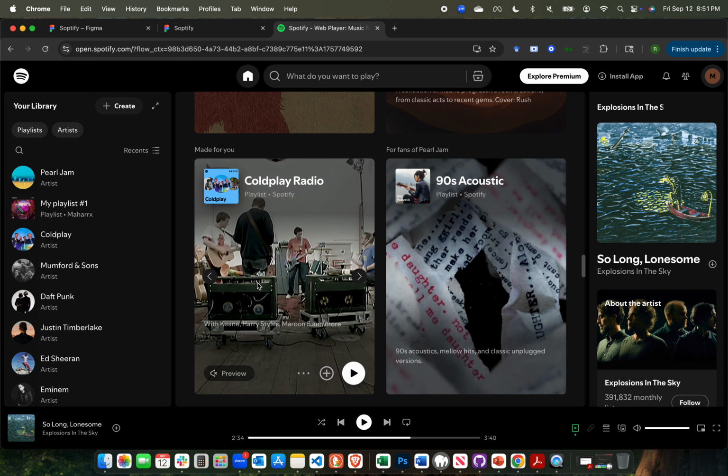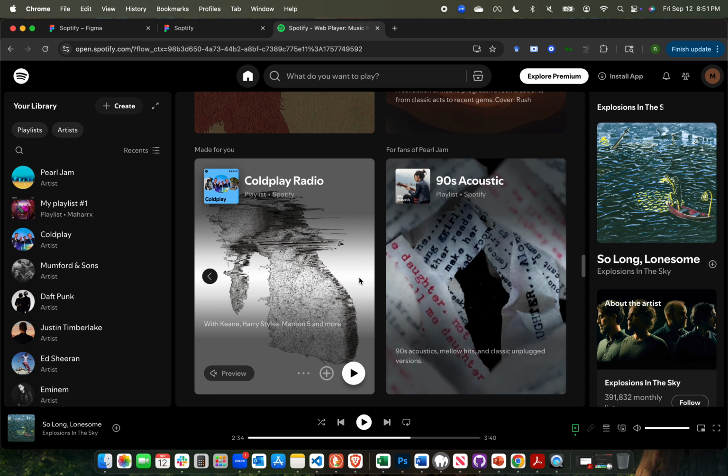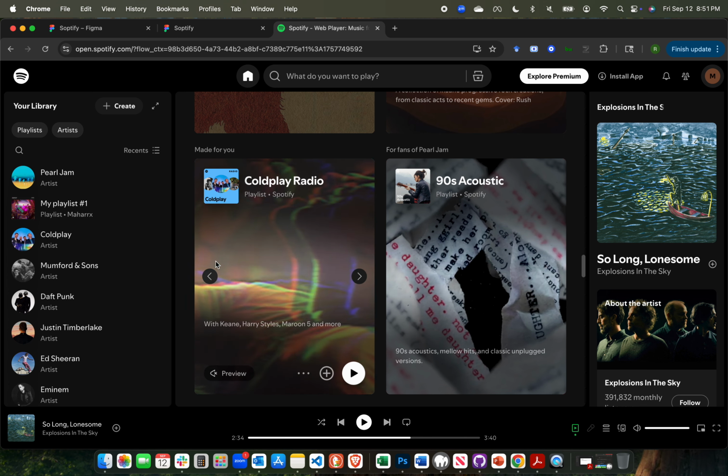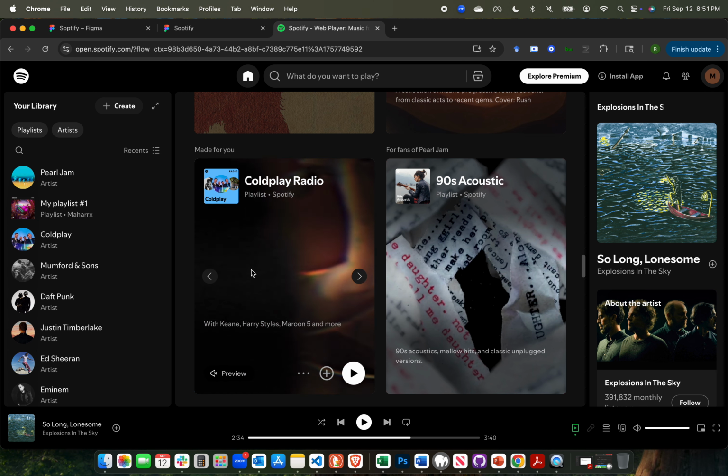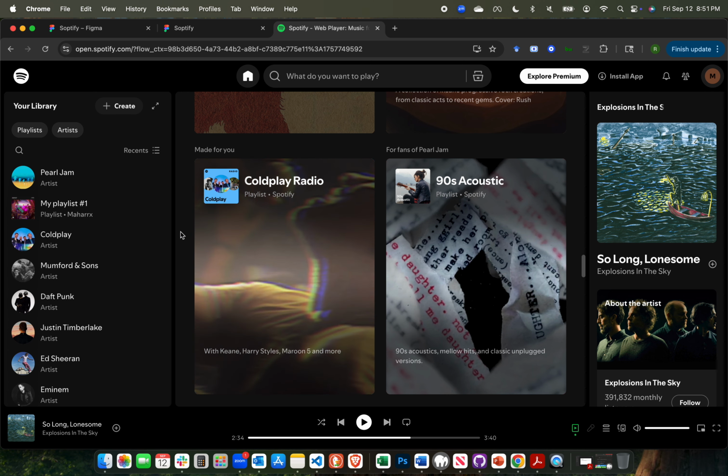And when you hover in this area, these two arrows show up, and then you can click on these arrows, right, to see different tracks within this playlist. You hover out, and this is what it looks like. So to create this,